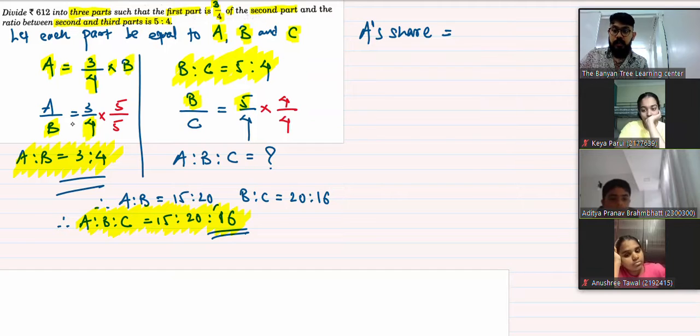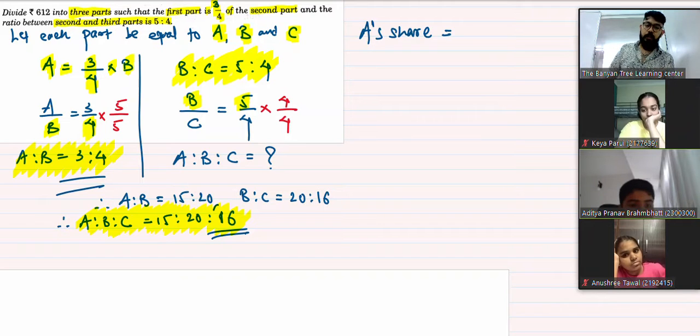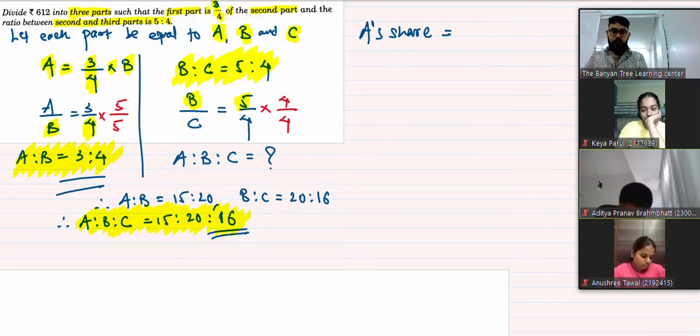Got it. And then I equated the ratio, both the ratios, because the common term, common link between them was b. तो मैंने LCM ले लिया और फिर a is to b is to c मतलब continued proportion के फॉर्म में रिप्रेजेंट किया. Kya, please tell me what is a's share? Formula for a's share.